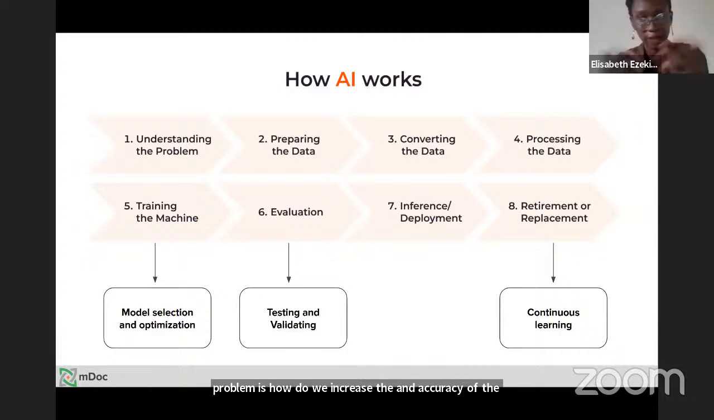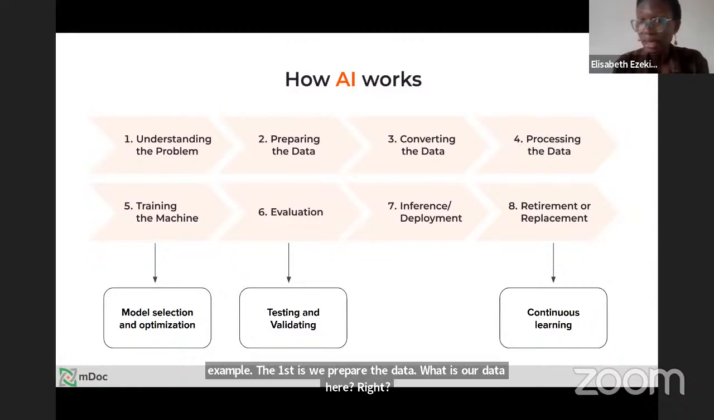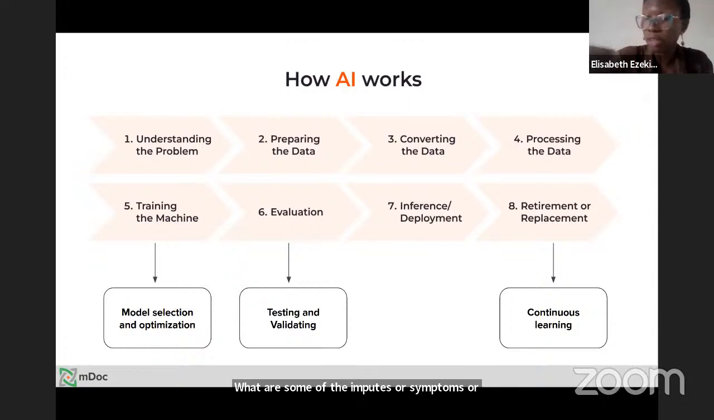In a hospital, in a facility, for example. The first thing is we prepare the data. What is our data here, right? What are some of the inputs or symptoms or patterns or data around medical information of patients that a healthcare worker can see and say, okay, these are similar patterns that we can analyze and that show us certain symptoms that prove that this patient is either at risk,